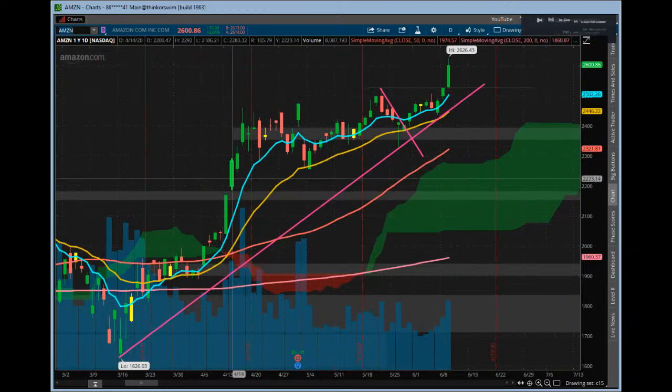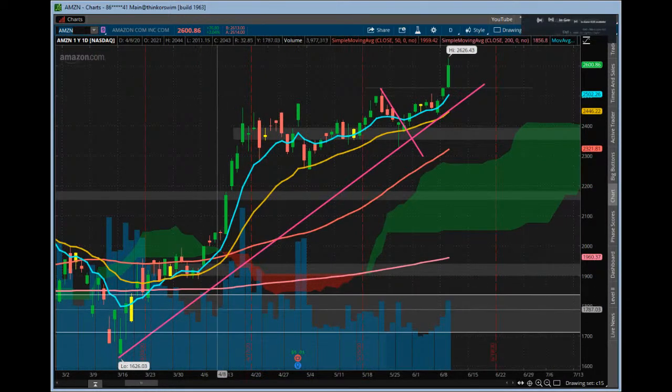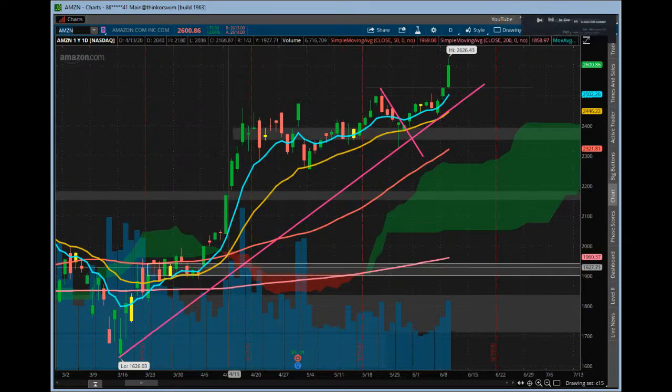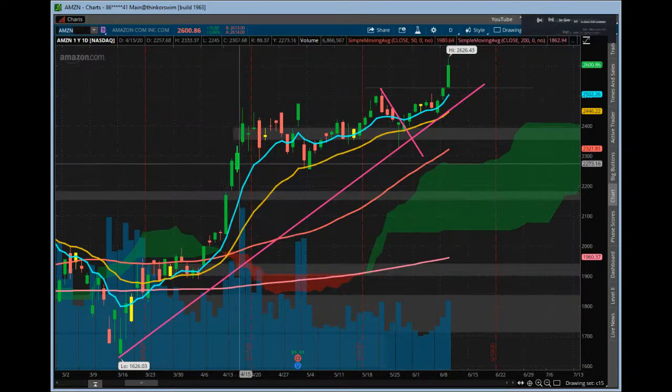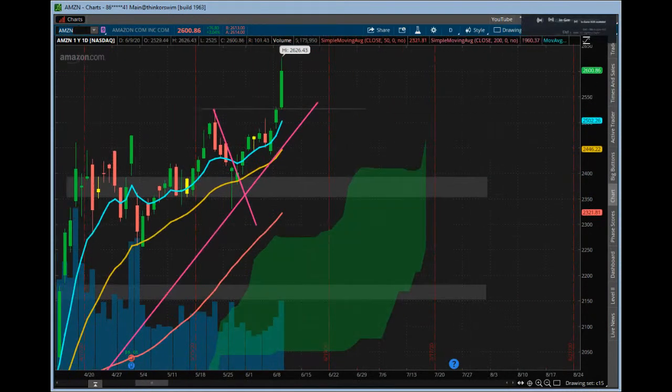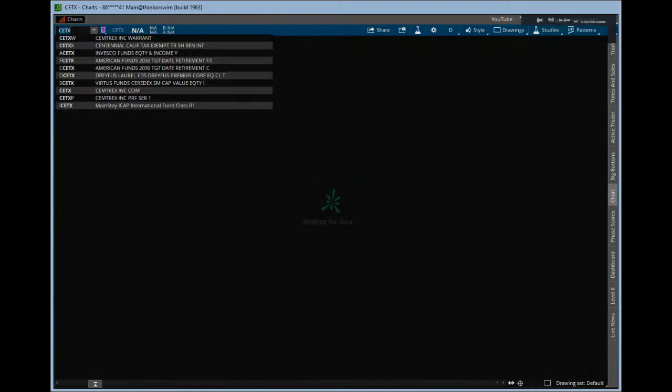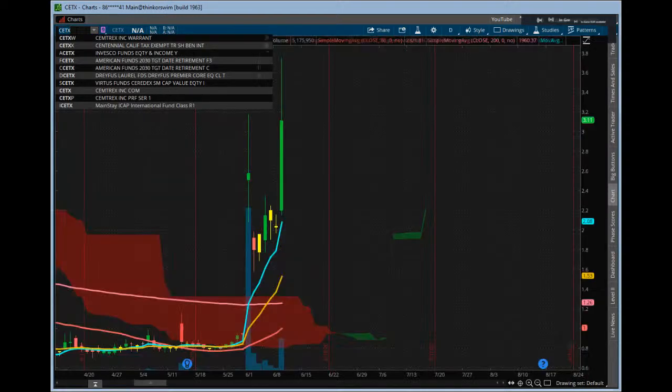This happened again with Amazon here, right? See that nice 3 days of volume really rising right there, and that's where it gave that big move here on Amazon. So Amazon's still looking good, Shirley. Upward trend line, so a little bit of an upper shadow there. I wouldn't be surprised to see a little bit of consolidation, but if it wants to keep going, who knows? Maybe Amazon to the 3,000, right?